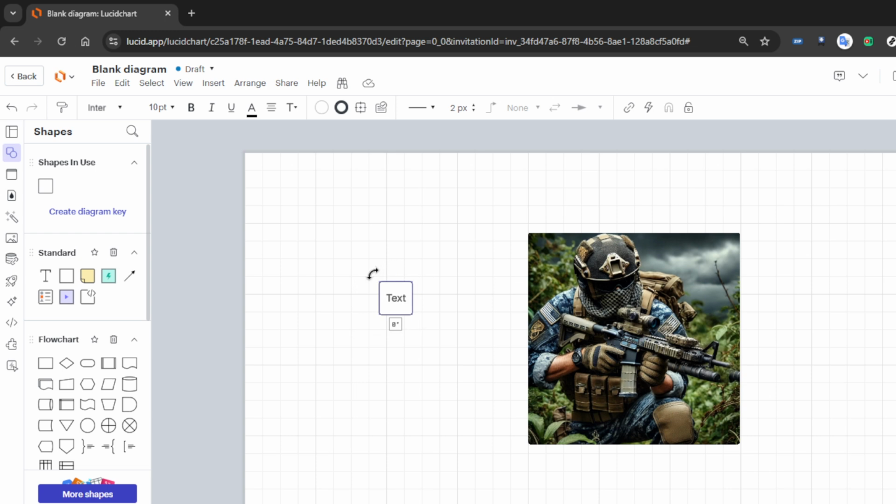And there you have it. By following these simple steps, you've learned how to rotate shapes or text in Lucidchart. This skill will enhance your ability to create dynamic and visually appealing diagrams, perfect for presentations, reports, or any other professional document. Remember, Lucidchart is a powerful tool, and mastering features